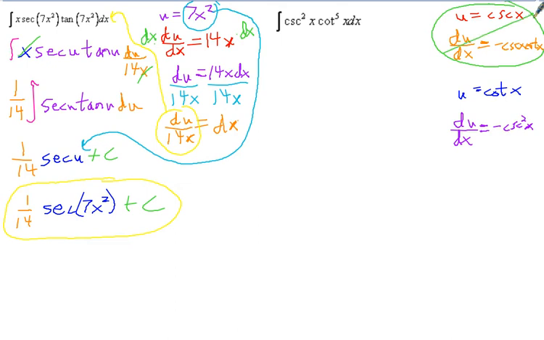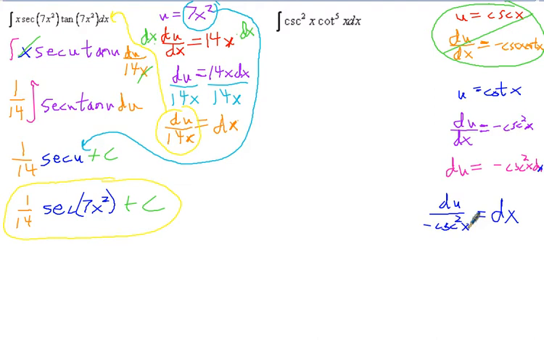However, if here we said u equal to cotangent, the derivative is negative cosecant squared, we'd have u to the 5th, and notice there's a cosecant squared that can help us cancel out this cosecant squared. So that's the one. That's how you can kind of tell which one is going to work and which one's not. So if we multiply both sides by dx, we have du equals negative cosecant squared x dx, and then divide by cosecant squared. So we have dx equals du over negative cosecant